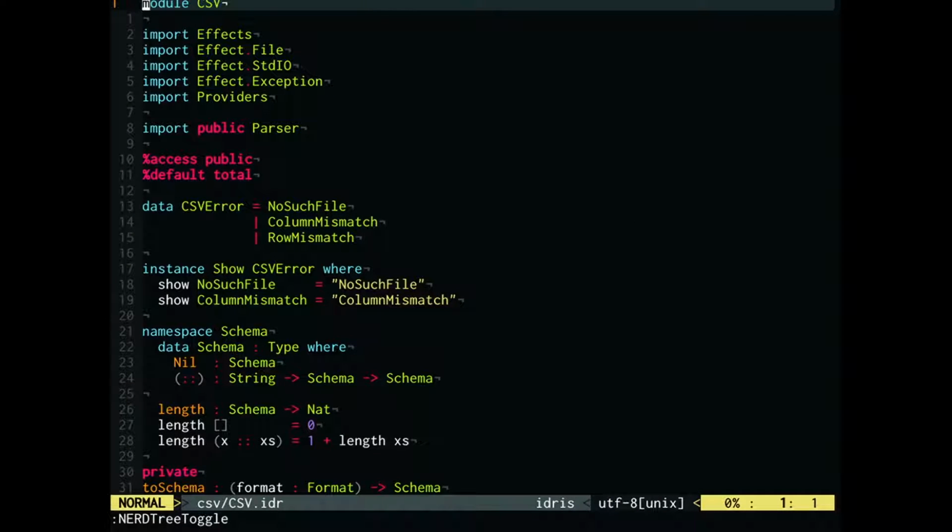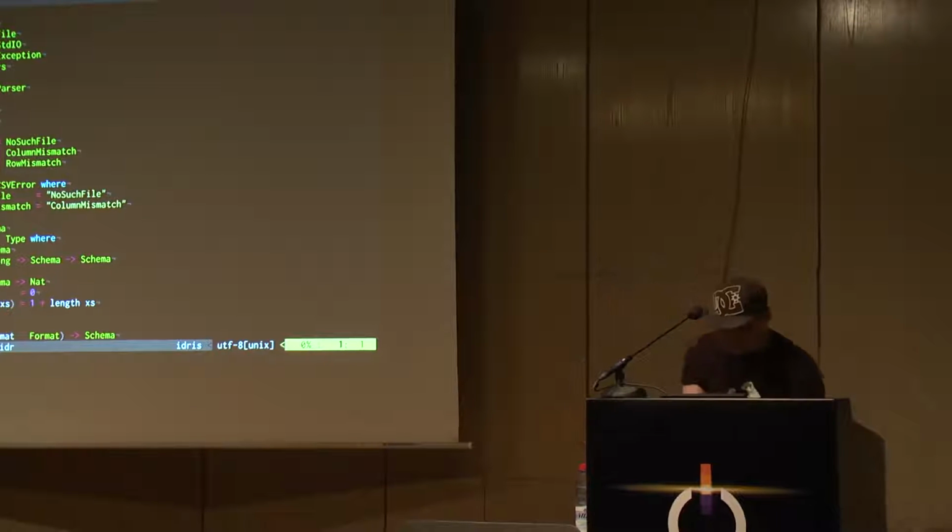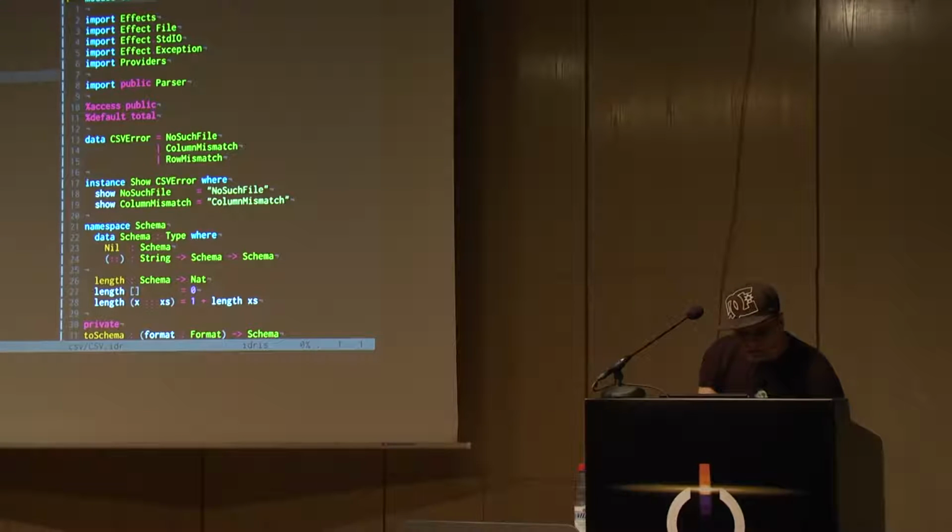Maybe not too much, but this is a little demo that does typed CSV. So we read in CSV and look at the schema, just the header file, and look at, okay, what columns do we have? And read that in, and we do that at compile time. So once we compile this program, it goes out, reads in the file, picks out the header, and generates a schema. And what's interesting about that is,